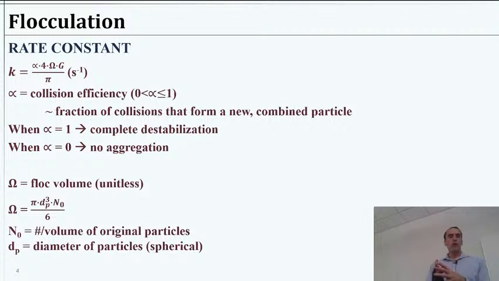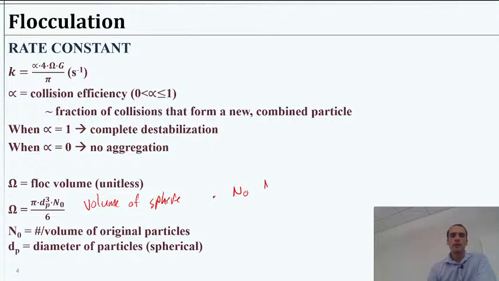Okay, so the Flock volume, it looks a little complicated. You will have all these on your formula sheet, but it's actually kind of simple. It's the volume of one particle times the number of particles per liter of the initial ones. So we're always going to use the initial particles in this case. So this is going to be pi times the diameter cubed divided by 6. So that's the volume of a sphere, right? Volume of the sphere using the initial particle diameter. And then N naught